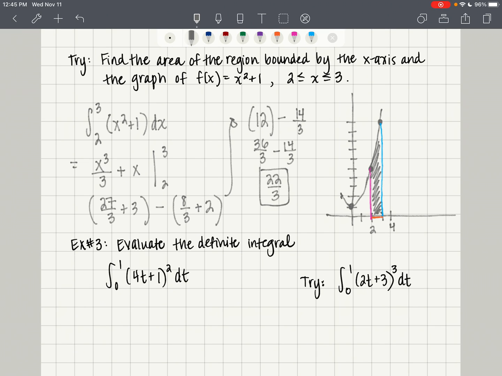Okay, in our next example, example number 3, we are going to do a little bit more evaluating using some substitution when we need to. So we're going to be pulling all of our tools that we've used thus far into finding definite